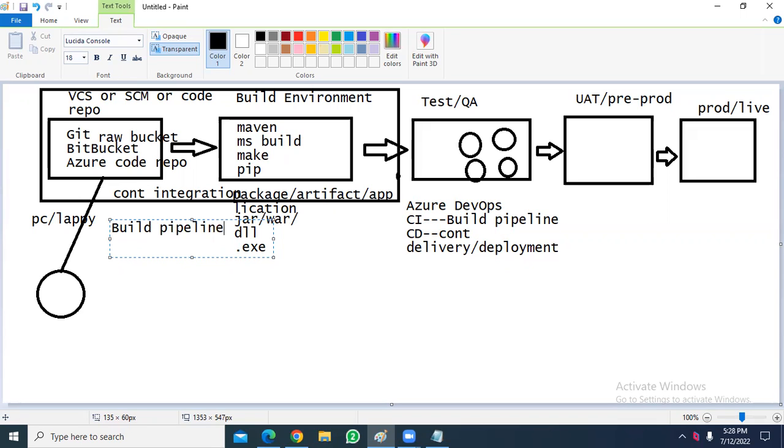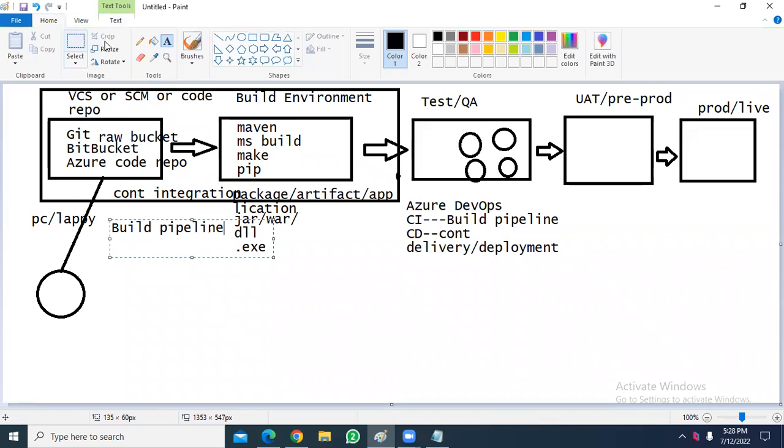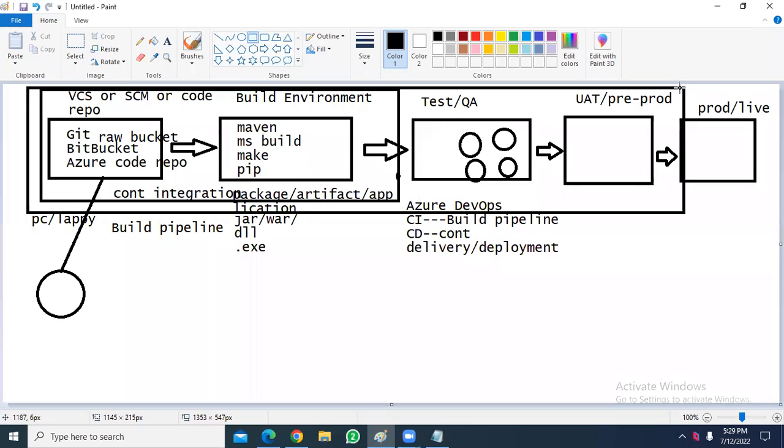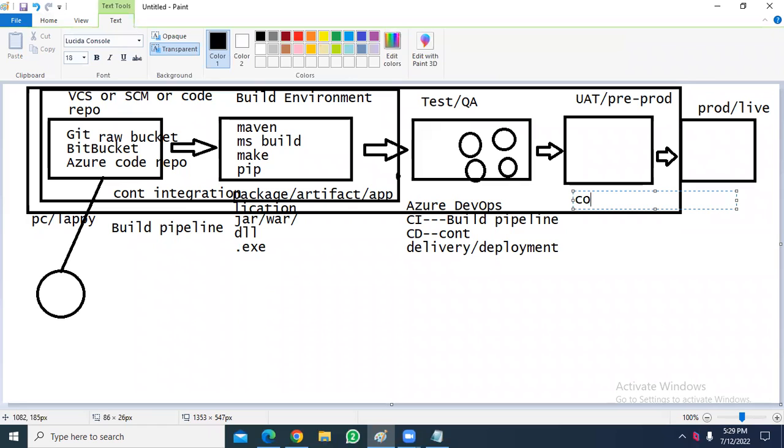Now, when it comes to continuous delivery, automation of the first 4 boxes, that means if you are able to automate everything starting from version control system to UAT, this is nothing but continuous delivery.